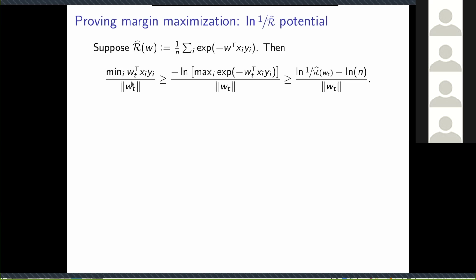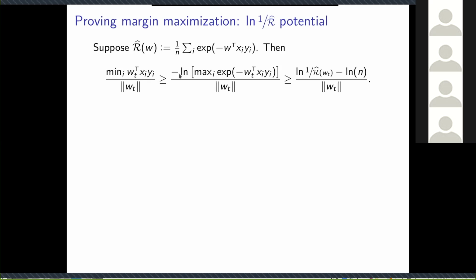And the logistic loss, after you run for a while, starts looking like the exponential loss. So we're effectively minimizing the exponential loss. And if I just put a log in front of it, I've got log sum exp, it starts looking like the definition of margin. If you just write down our margin at time t, which is the minimum over the individual data point margins divided by the norm, and then I just note that this is greater than or equal to the log sum exp, and then